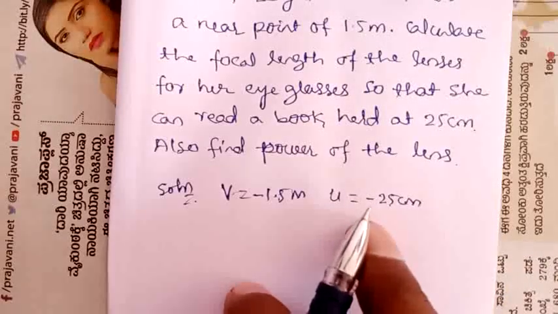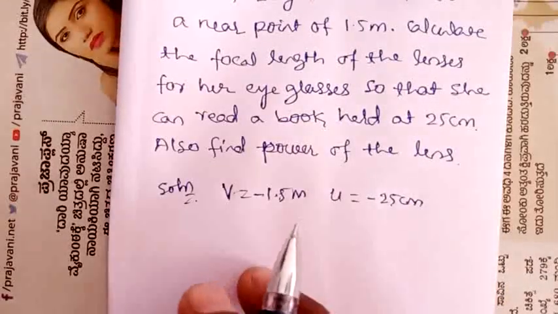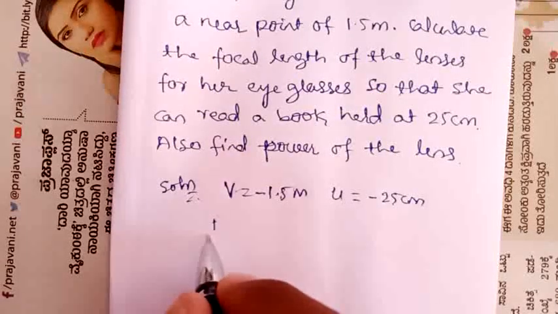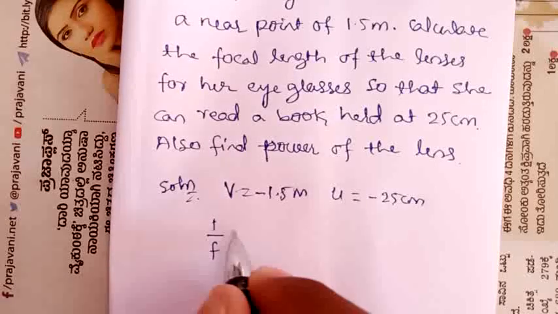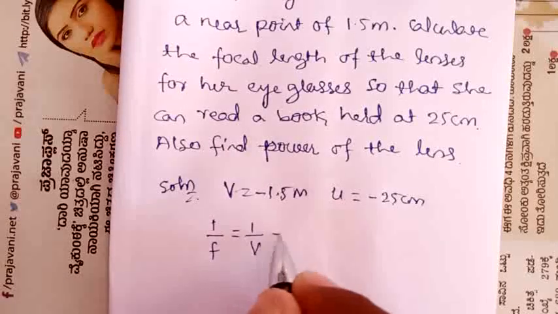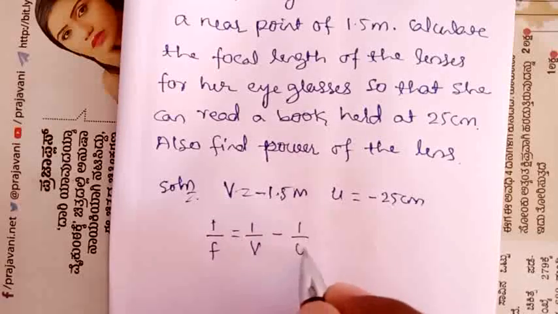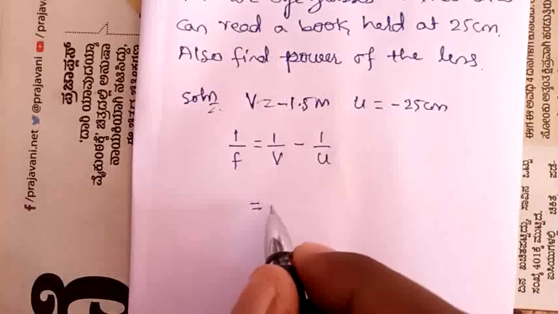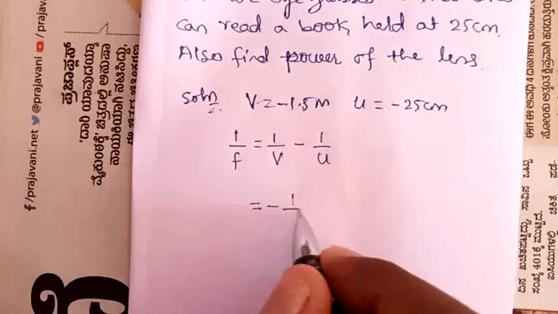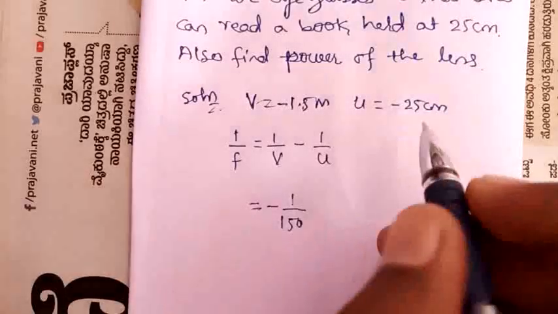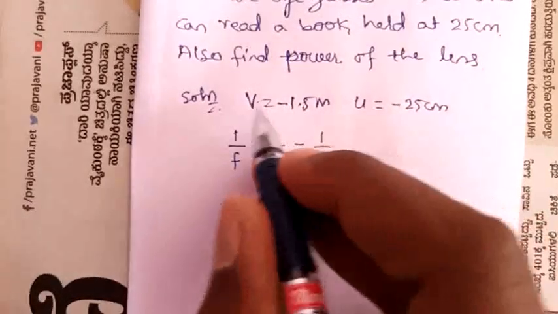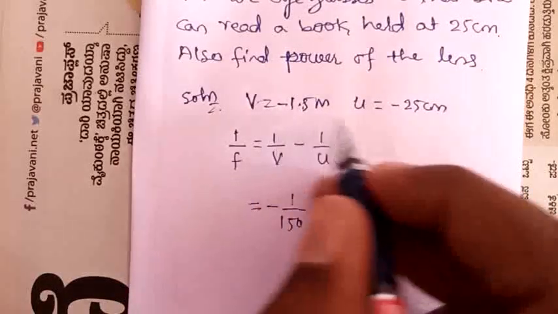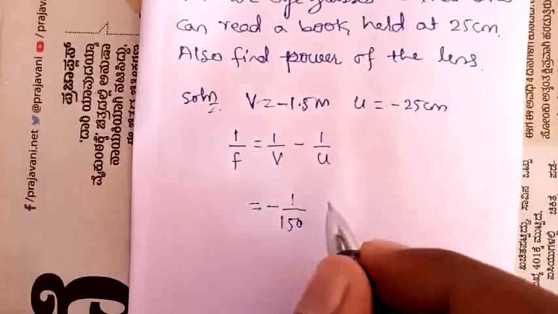Okay, so we are going to find the focal length now. So what is the focal length now? So by using again lens formula, that is 1 by f is equal to 1 by v minus 1 by u. It is the formula used to find the focal length of the lens. Then what about v given? That is minus of 1 by 150 centimeter. Because here u is given in centimeter, then you have to take this one in centimeter. Means 1 meter means 100 centimeter. 100 into 1.5, that is 150 centimeter.